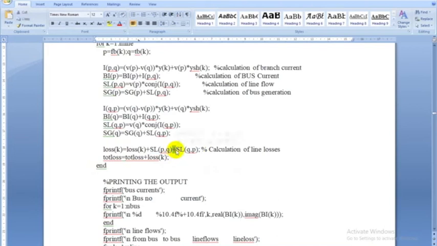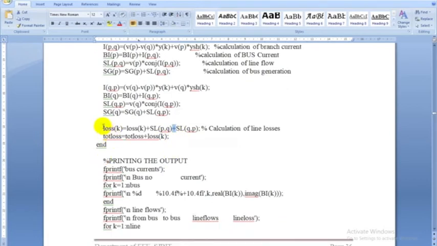Why? Because when you are calculating sending end power, for example sending end power is 100 megawatts and receiving end power is 90 megawatts. Normally we calculate the receiving end as minus 90, receiving end is nothing but minus. So 90 plus of minus 90 will be 10. So that is the total loss. Like that you can find each line loss. Once you find the power loss in a single line, you add all the lines in a given power system, and that will be the total loss.